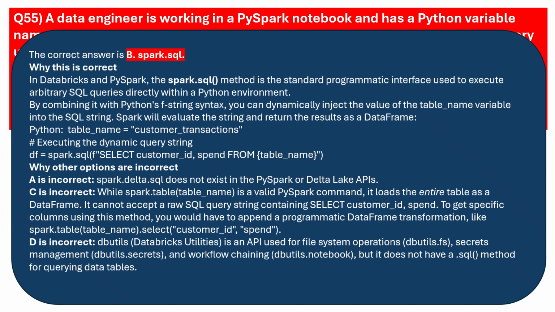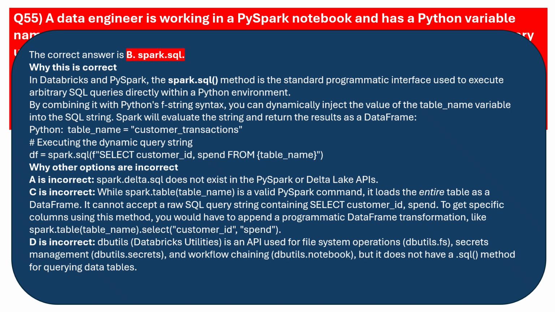By combining it with Python's f-string syntax, you can dynamically inject the value of the table_name variable into the SQL string. Spark will evaluate the string and return the results as a data frame. Python, table_name = customer_transactions. # executing the dynamic query string. df = spark.sql(f"select customer_ID, spend from {table_name}")